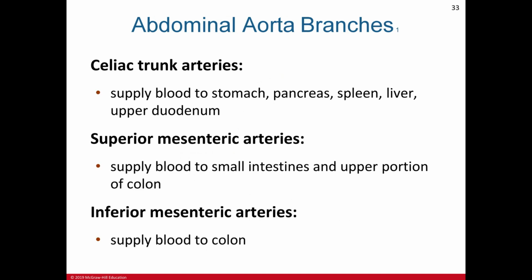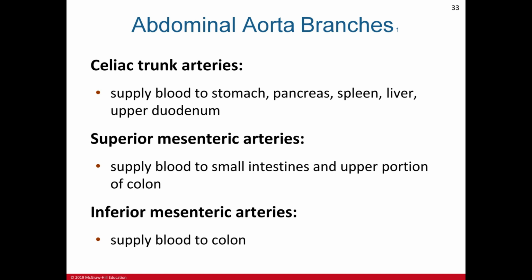So let us move on to your descending aorta, which is divided into your thoracic aorta and abdominal aorta. Your thoracic aorta can be divided into two groups, the visceral arteries and the parietal arteries. The visceral arteries supply blood to the thoracic organs, and the parietal arteries supply blood to your thoracic walls. The abdominal aorta, similar to your thoracic aorta, is then divided into visceral and parietal